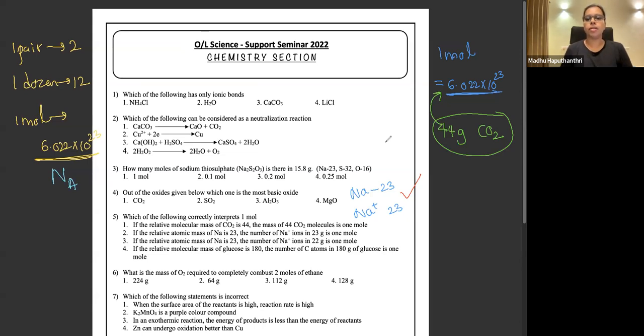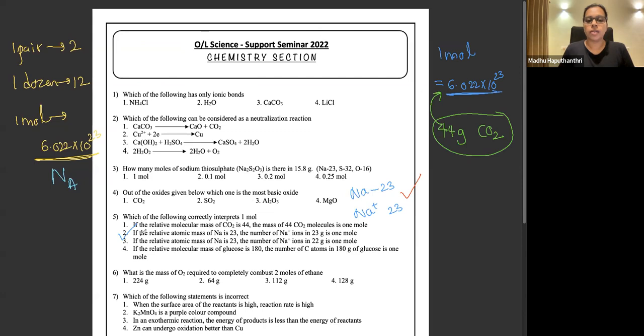Don't get it in a wrong way. We are not accounting for electrons because electrons are not having a mass? No, electrons do have a mass, but its mass is negligible compared to the mass of a proton or a neutron. So therefore, when we are coming from sodium to sodium plus, we are ejecting one electron. So that means we are losing one electron. Since we are not worrying about the mass of an electron, sodium's mass and sodium plus ion mass, both of them are going in the same scale. So therefore, this statement is correct.